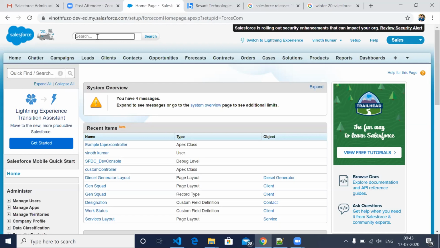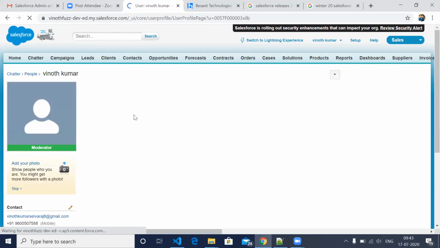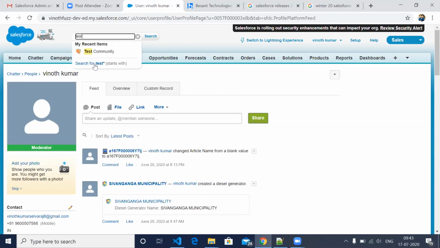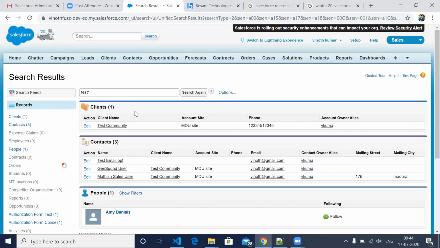So if you want to search anything, it is an overall search. You might forget where that account is, or if you have a large number of records but you know the name, in that case you can just search. It will search everything and give you the results. See, here I just searched test.